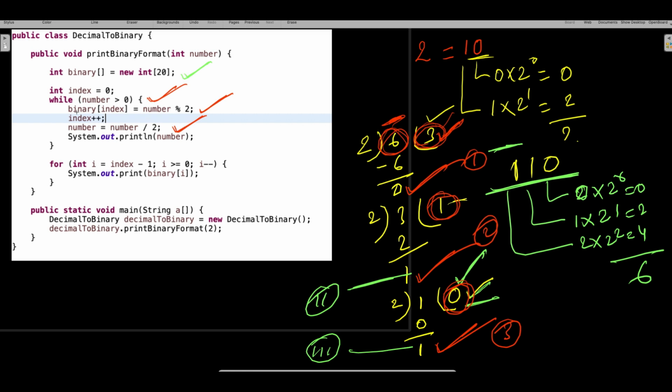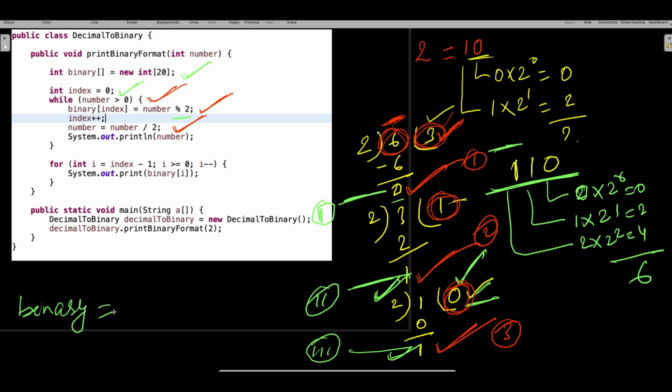Now the array index starts from 0. So whatever modulus comes, the first time it came 0 here, guys. Assume the first time came 0. So I'll go and store it inside the array. On index 0 I will store 0. Then I will do plus plus, because I'll increase. On my first index I will store 1, right? And on my second index I will store 1. So how will my array look like? Let's say binary is my array.